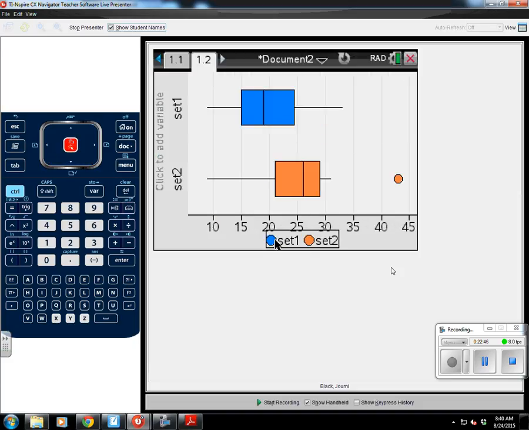And that's what you would sketch at the bottom of your notes. There are the 2 plots showing set 1 and showing set 2. This dot out here means it is an outlier, which we already said. Set 1 is the first set here. Set 2 is the hamburgers and stuff. So just sketch those. Do I have to do the numbers? No, you don't have to sketch the numbers.